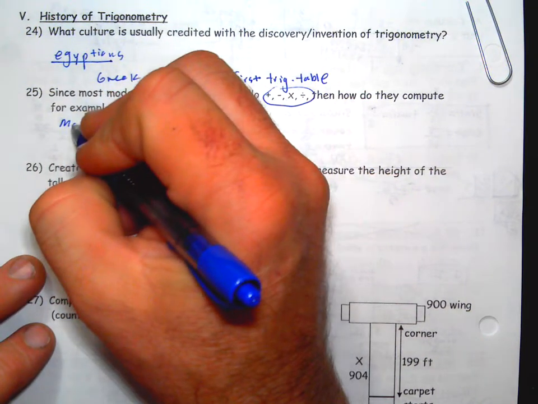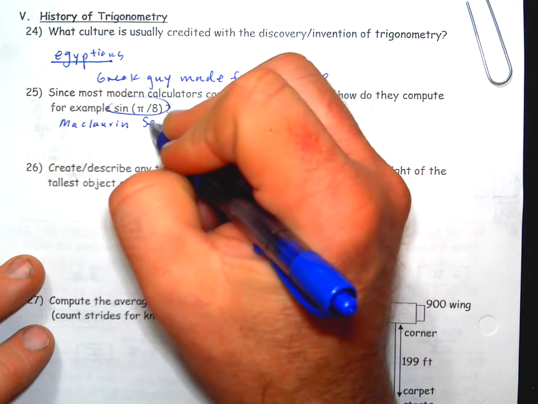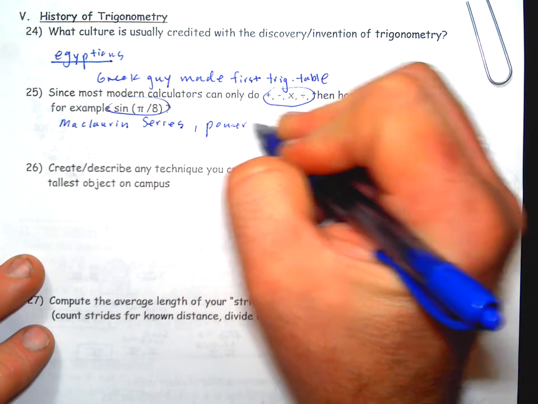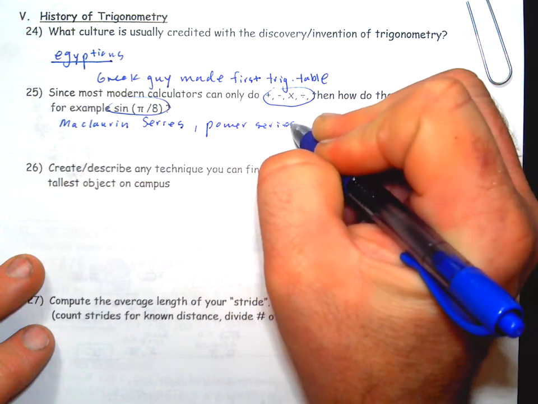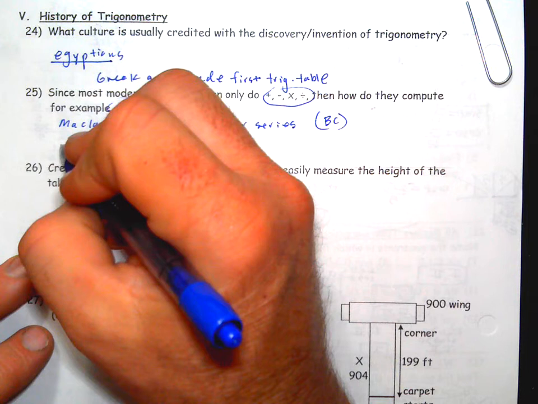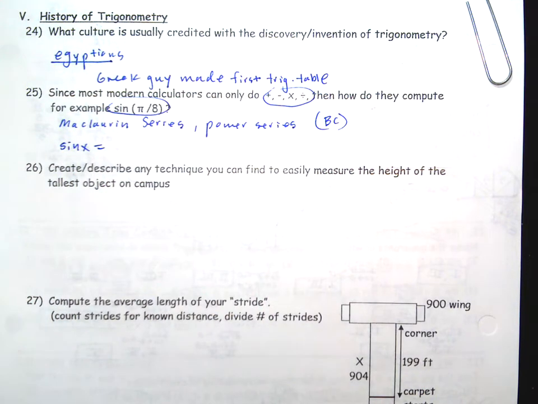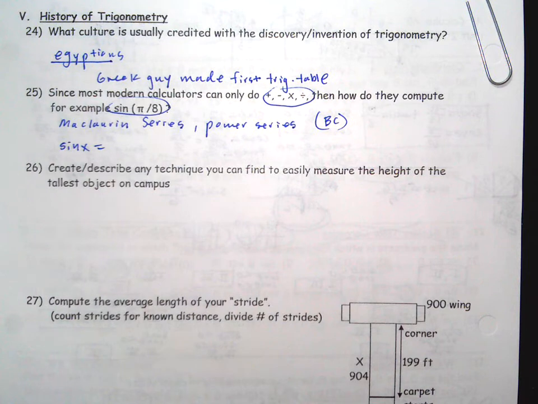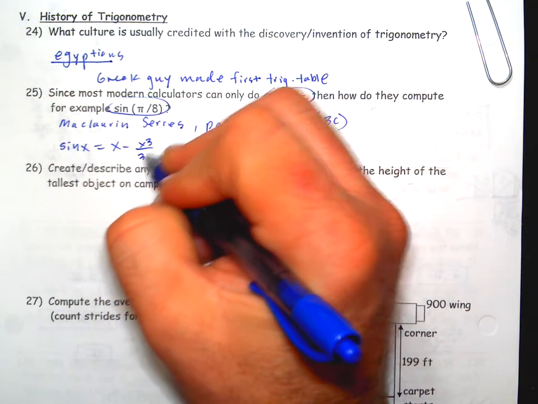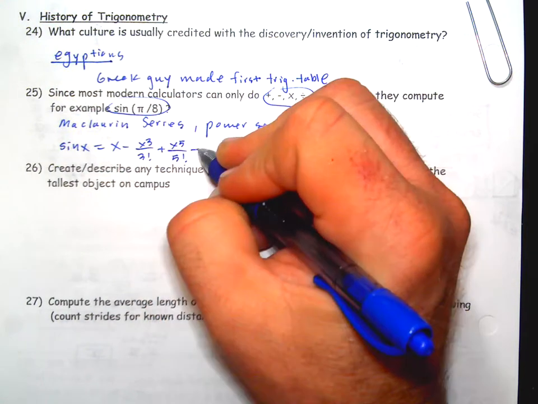So this is actually interesting. This is a Calc BC topic, and they use something called a Maclaurin series, which is a version of a power series. But this is the expression for sine. This is how you can get an answer for sine with only addition, subtraction, multiplication, and division: x minus x cubed over 3 factorial plus x to the 5th over 5 factorial minus dot dot dot